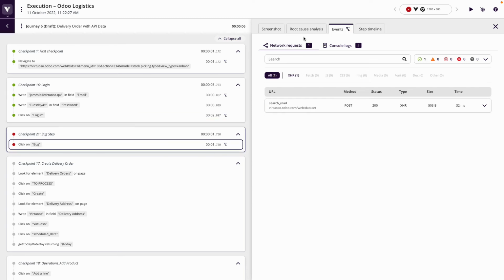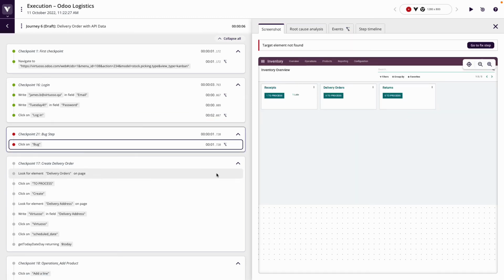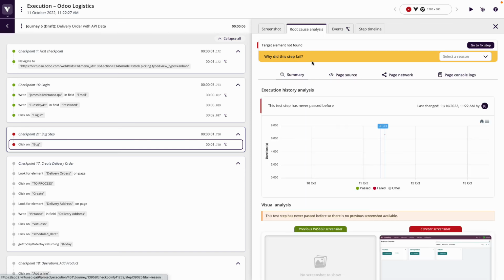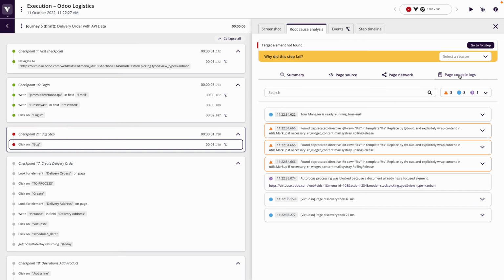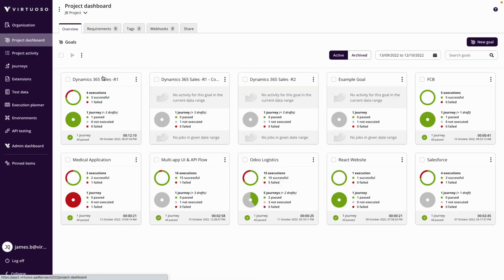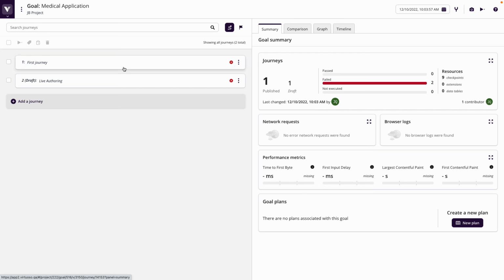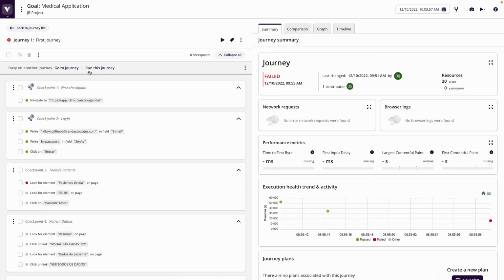For the test failure, I can see the screenshots to see actually should that have worked. If I think it does, then I should look at the root cause analysis to be able to look through and get a rendering of the page source at the time the test was run, page network and page console logs. If I find that actually there's an issue, I could bring an engineer or a developer in and they determine that there's an issue and they want to replay this, they could go in, go to their journey, run it,